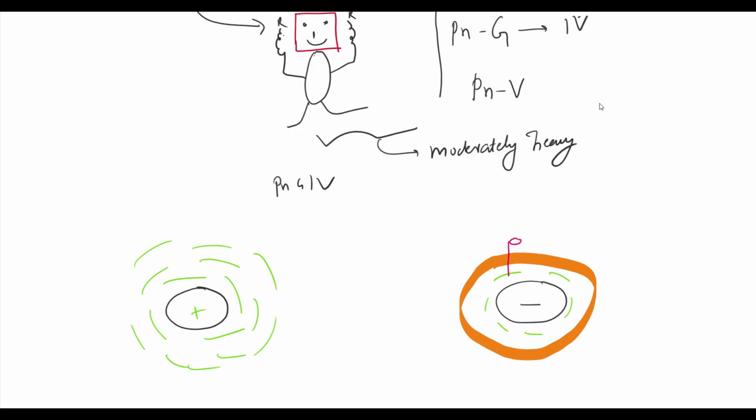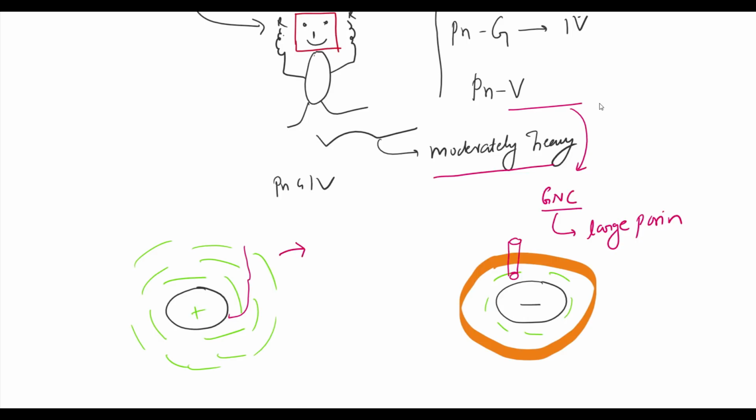Permeability in gram-negative bacteria depends on the size of the porin molecule. Penicillin G and V are only able to cross a few gram-negative cocci, because gram-negative cocci have large porins, and spirochetes, which allow passage of this moderately heavy molecule of penicillin G and V. But porous peptidoglycan allows entry of this moderately heavy molecule. So penicillin G and V cover most gram-positive cocci and gram-positive bacilli.